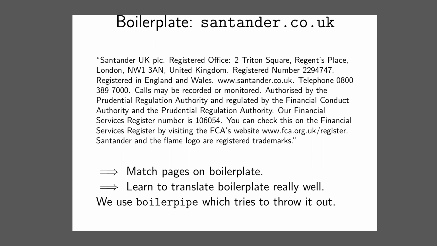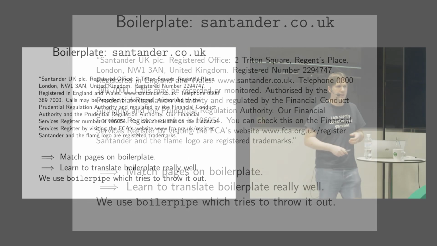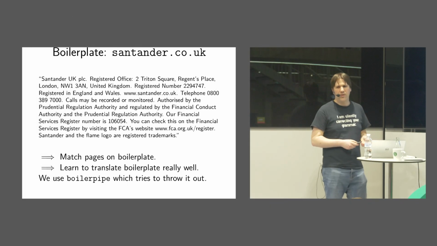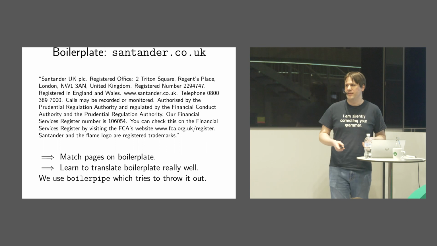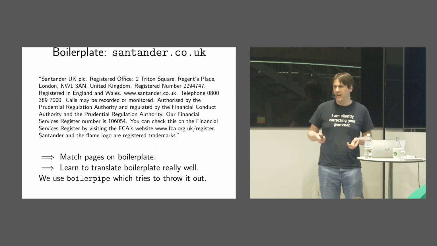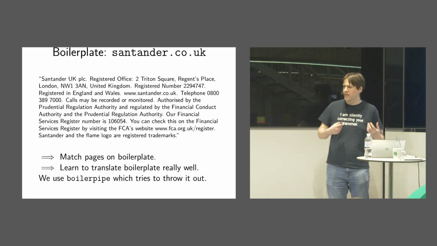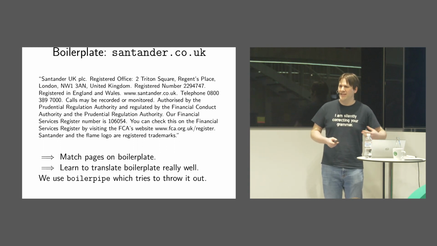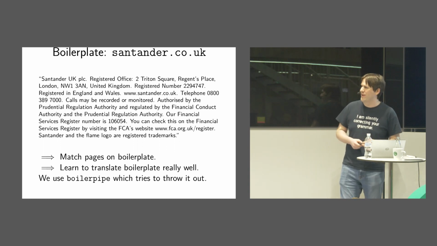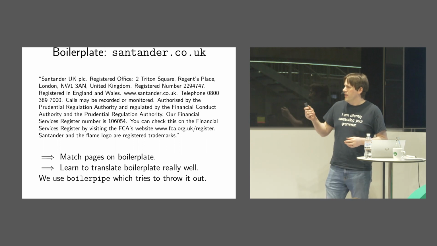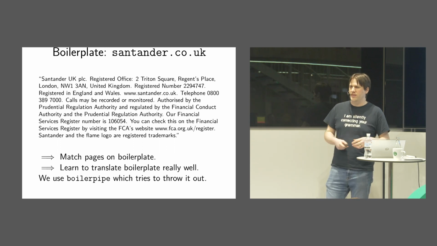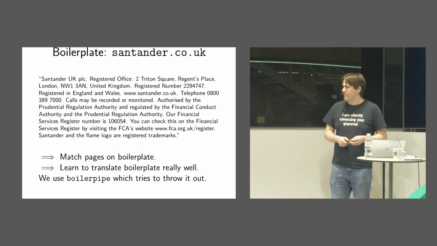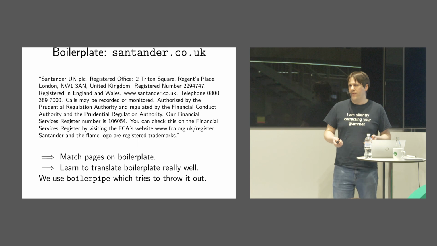If you are specifically targeting one site to crawl, this is fairly easy. You can just look at the disclaimers manually and throw them out. At scale, when you're crawling 500,000 websites, that doesn't really work anymore. We don't have a great solution to this, I'd say. It's still an ongoing thing. Crawling the web is kind of like window manager customization. It never ends how you can customize it and make it better in little ways. So we're running boilerplate detection with boilerpipe. But it's not perfect, and we do lose some data through that process.